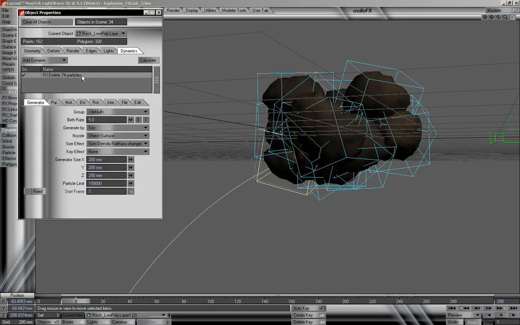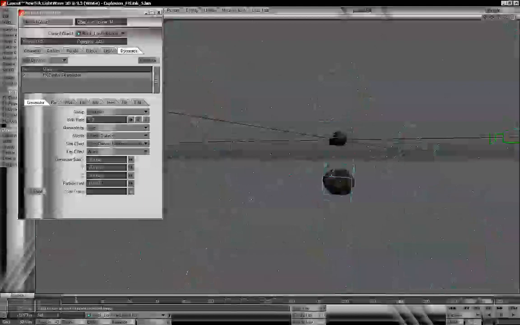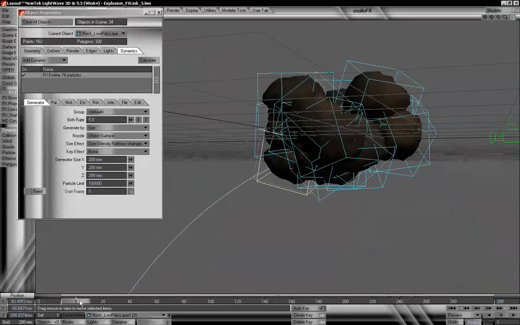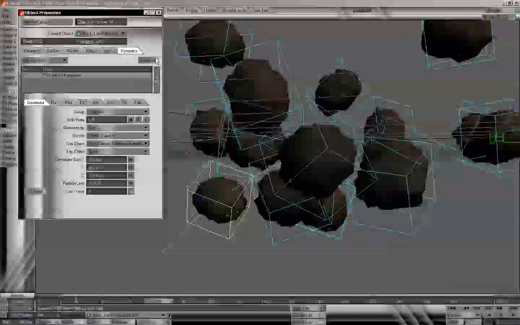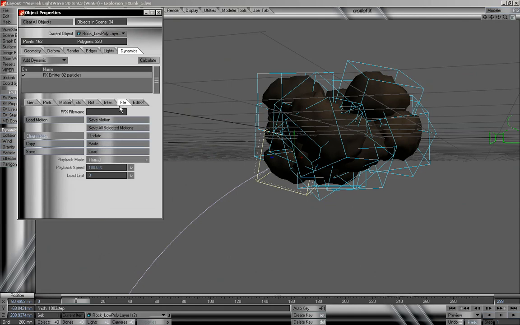We can see that we have 74 particles, which we need to remember, because since we're going to be saving this animation, we need to know how many copies of those second layers to make. We have 74, and I'm going to go ahead and recalculate this just to make sure everything is working correctly, because we have made some changes. And now we can go to File, and we can save our motion. And now that is loaded in,